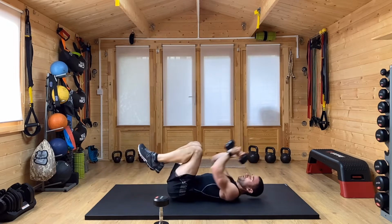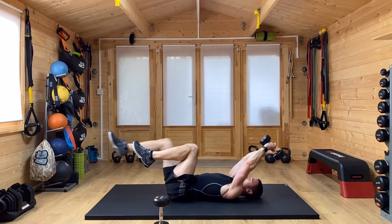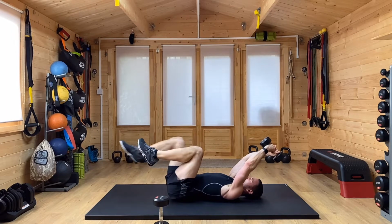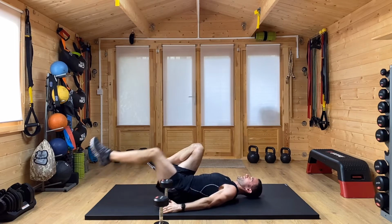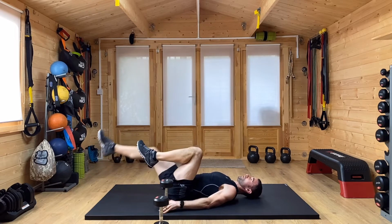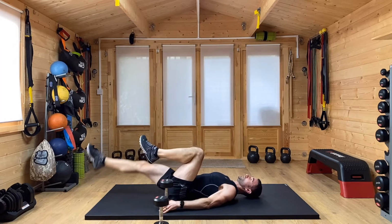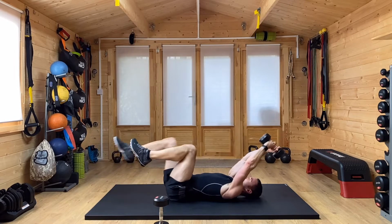This is going to work the core and overhead the shoulders as well if you're holding that dumbbell. One leg goes out, it comes all the way back before the next one travels out. Again, if you have the hands down by your sides, this may be challenging enough for you. Navel in, lower back should be flat, flush to the floor, and as I say, the dumbbell brings an extra